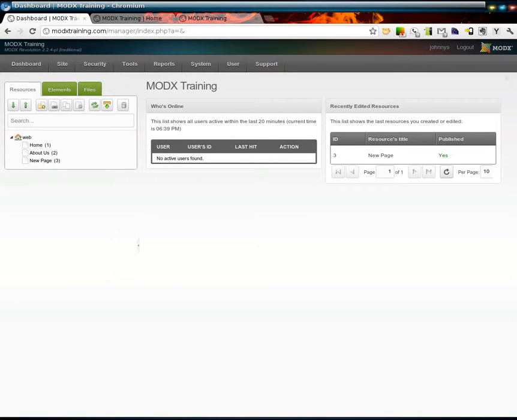Welcome to the ClickFarm Modx tutorial for miscellaneous services and features. We're going to cover a couple of auxiliary features that you may run into when managing content inside the Modx